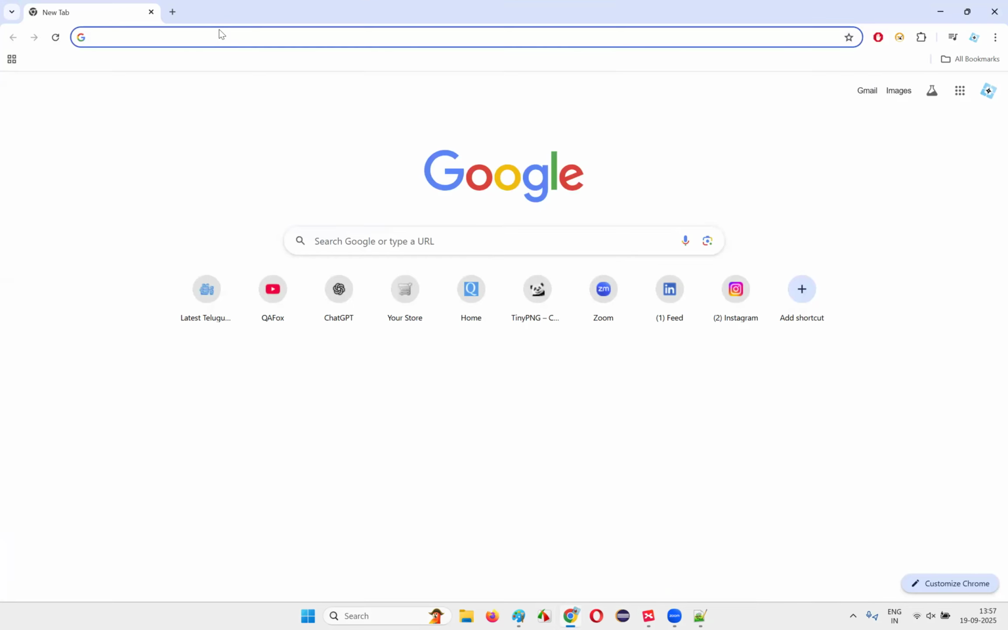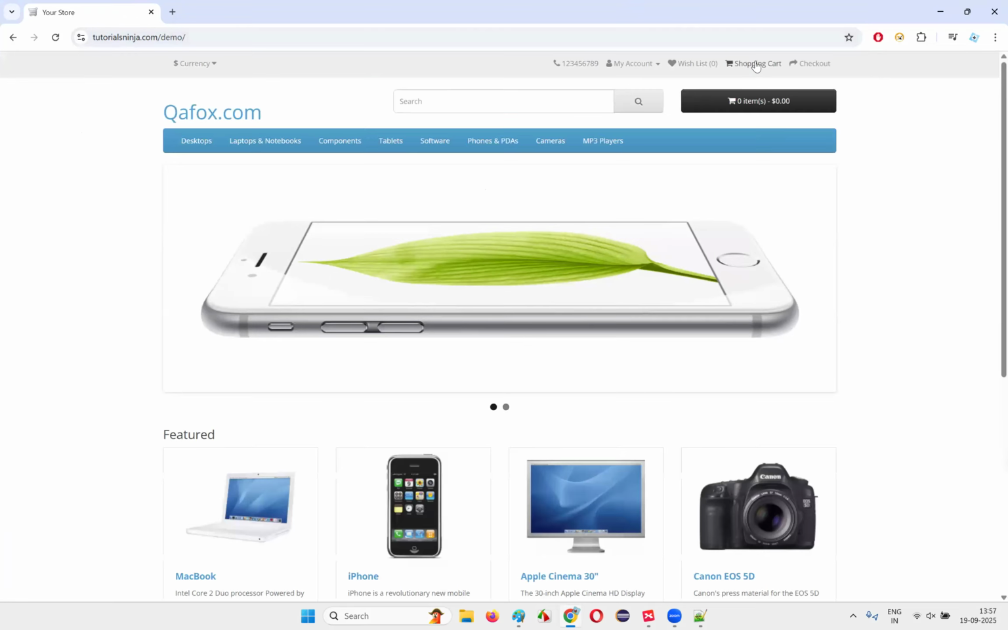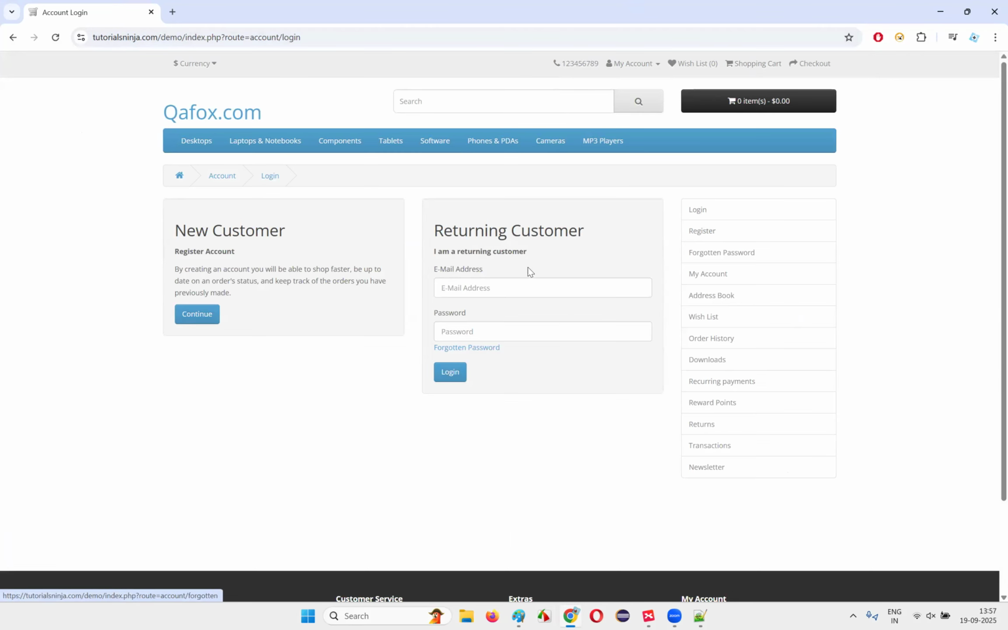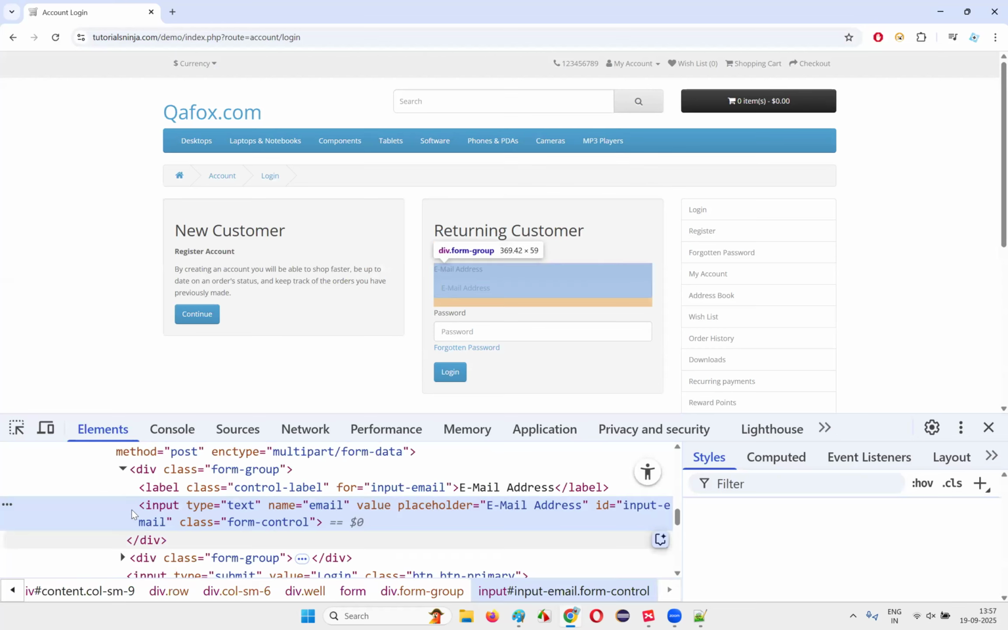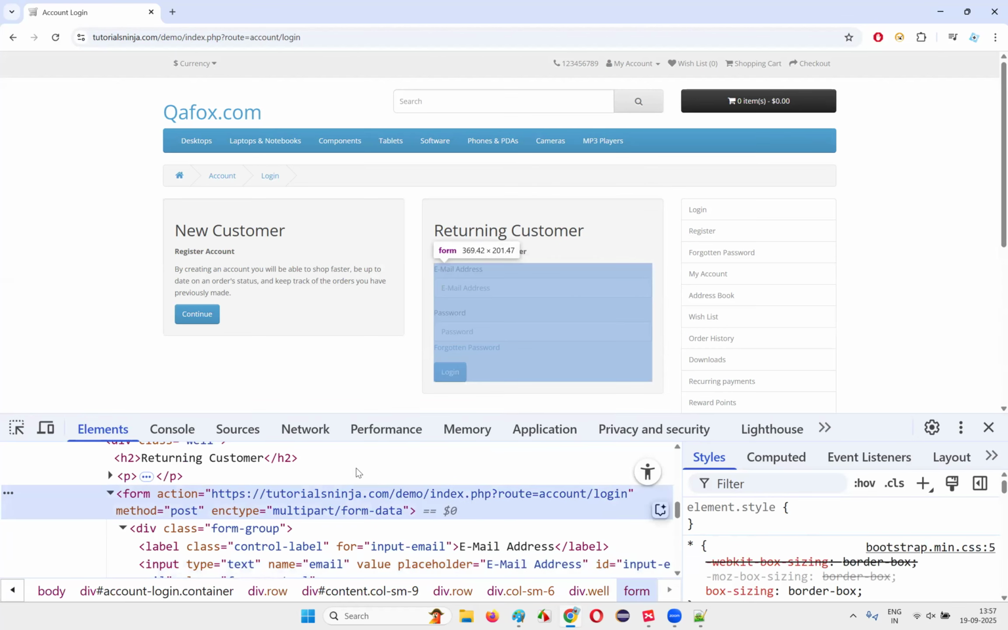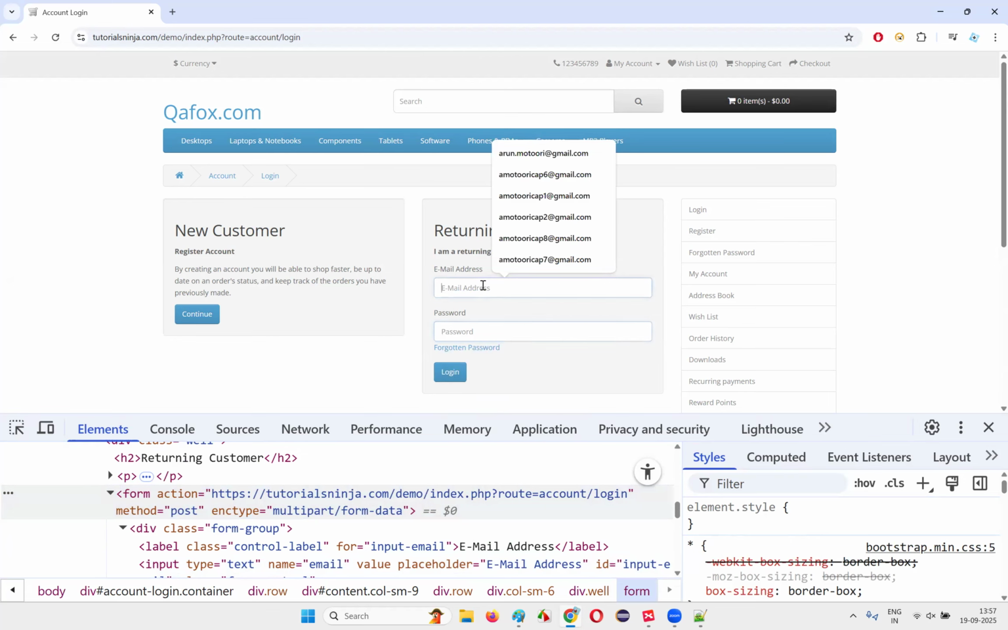Go to any other form on any page, even this login. Here also, this is a form. If you inspect this, you will understand clearly. The form tag is there, so this is nothing but a form. The email address, password, and login button are part of the form. Now, when you enter the credentials and click on the login button,